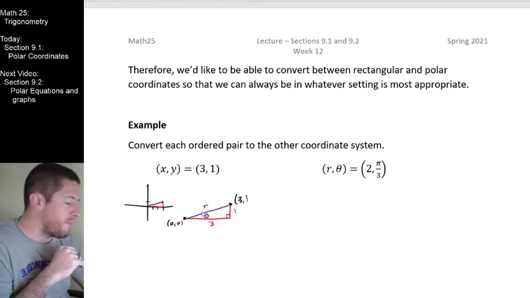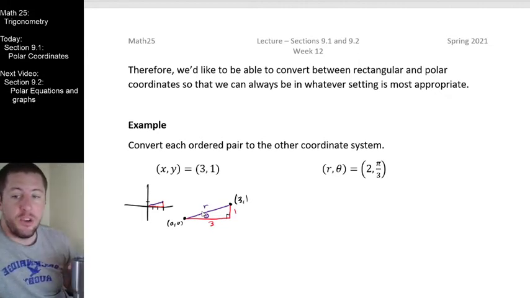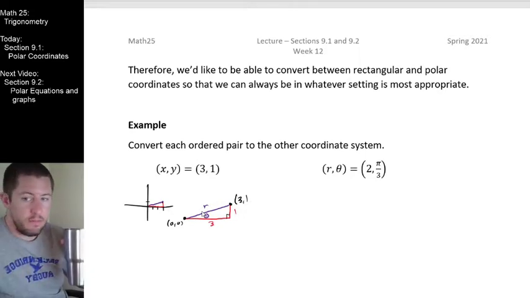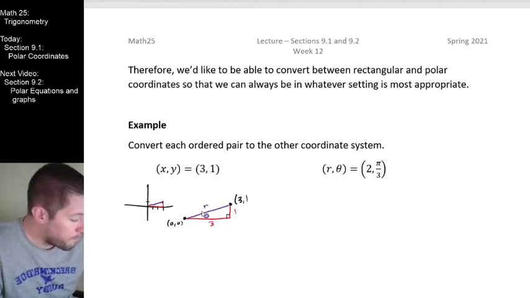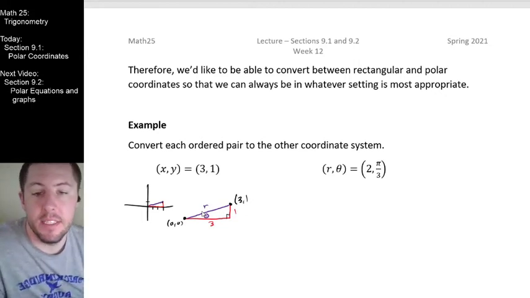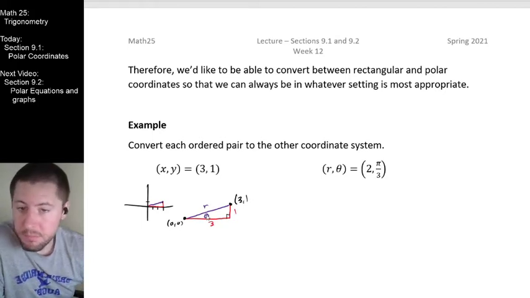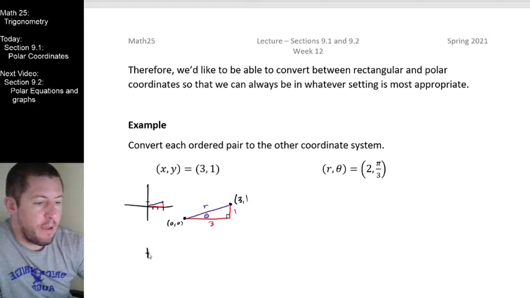If your job was just to find the angle right now, knowing those numbers 1 and 3, my question to you is, what trig function should I use right now to help me find theta? Answer that. The answer you should be saying here is tangent, because opposite of theta is 1, adjacent to theta is 3, and so I can make the statement that tangent of theta